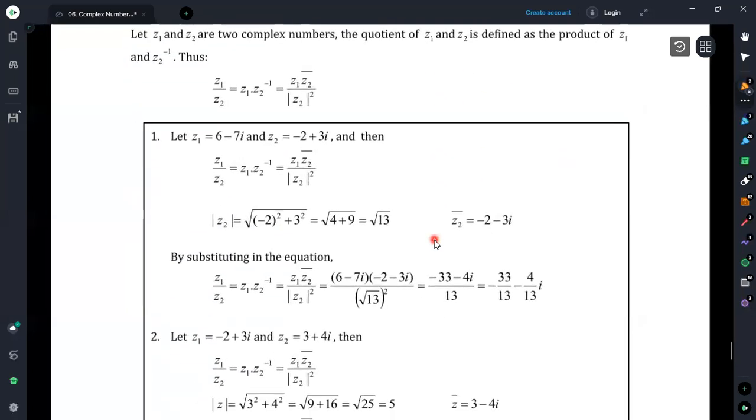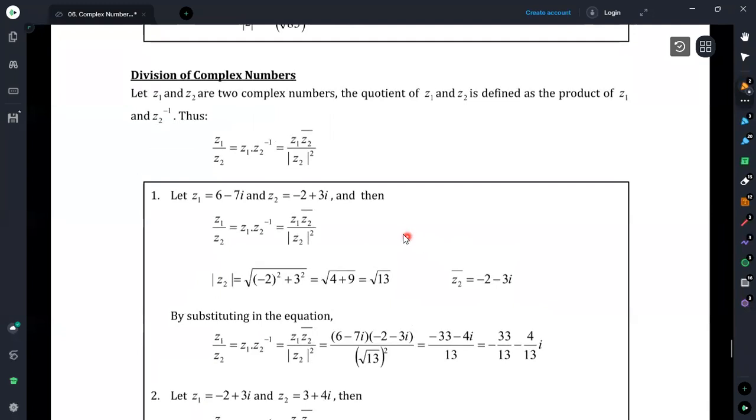Then we will move to the next part. It is the division of complex numbers. Suppose that Z1 and Z2 are two complex numbers. The quotient of Z1 and Z2 is defined as the product of Z1 and the multiplicative inverse of Z2. Therefore, if you look at this concept,